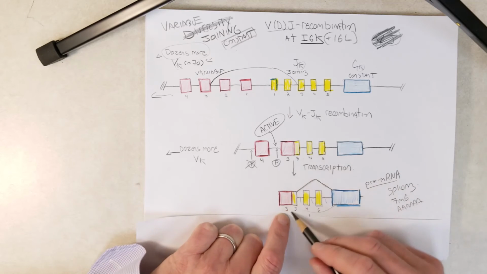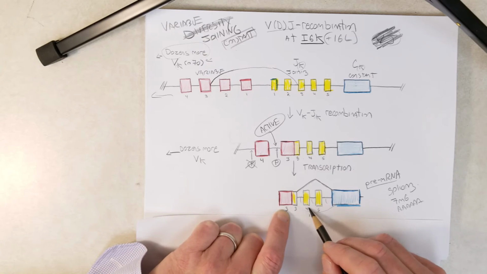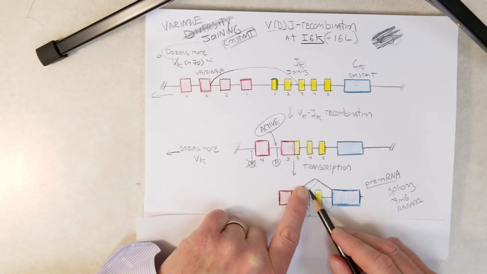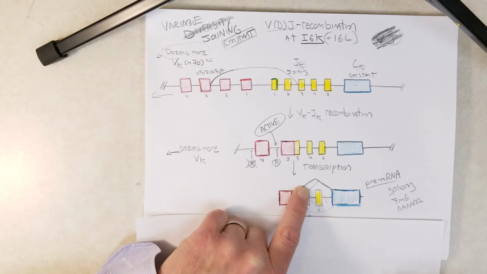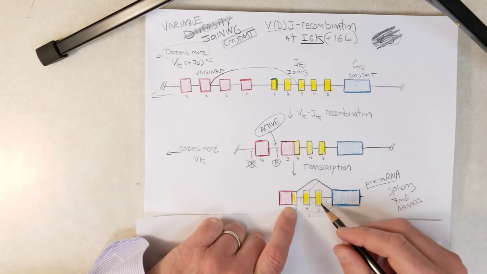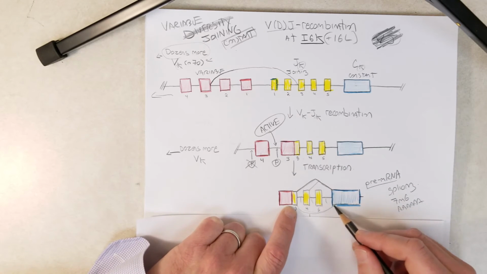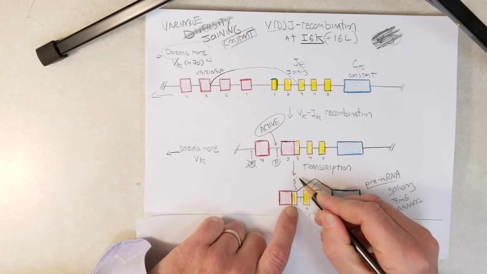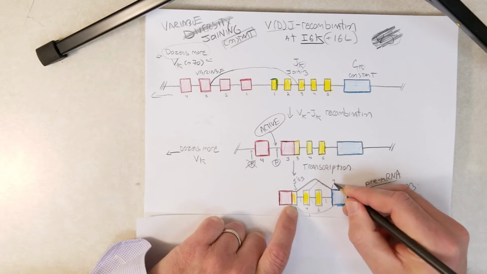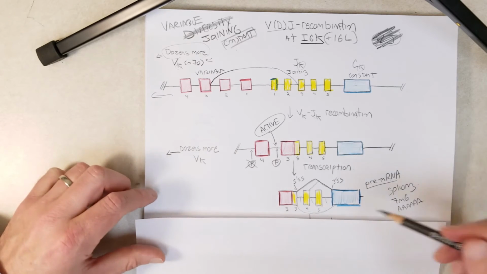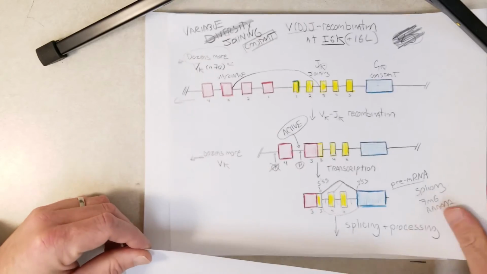So the same thing would have happened if, say, number 3 was fused to 4. Then this would have been cut out during the splicing event. So essentially, the 5' splice site that is used for removing all this stuff right here is always found after the first joining segment, this is the 5' splice site, and this is always the 3' splice site. So after this transcript is processed,